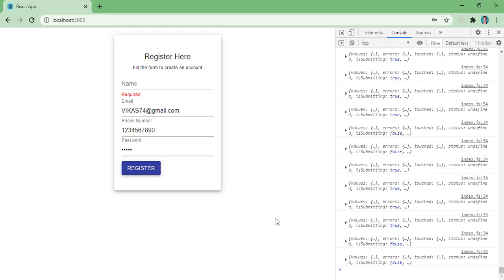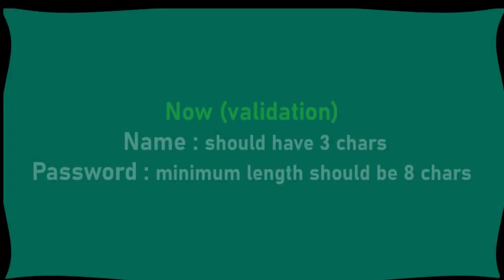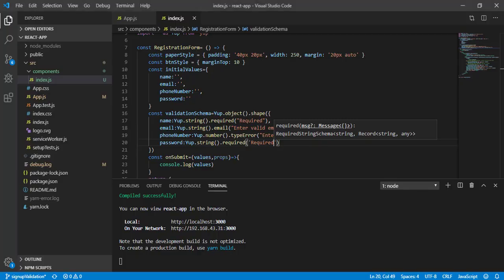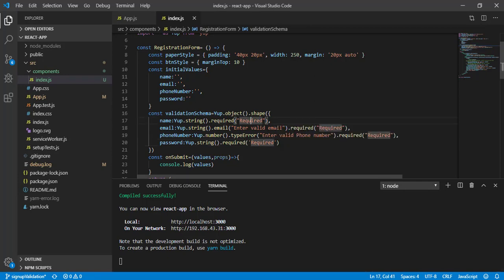Okay, so now let's handle another validation here. The name should be a minimum of 3 letters and the password should always be more than 8 letters. So let's come to the schema, and here we can write this property called min.